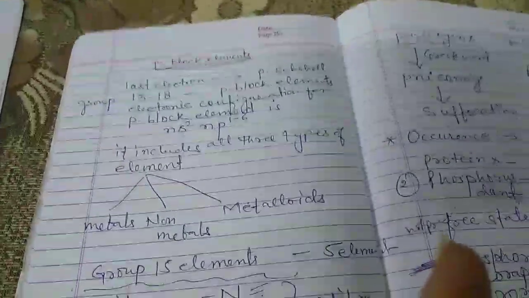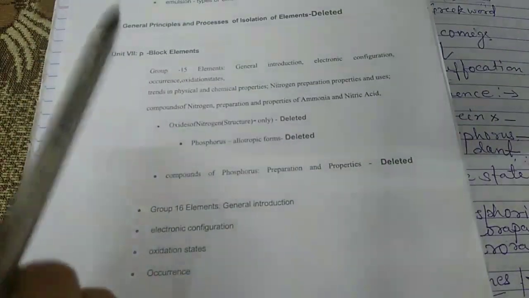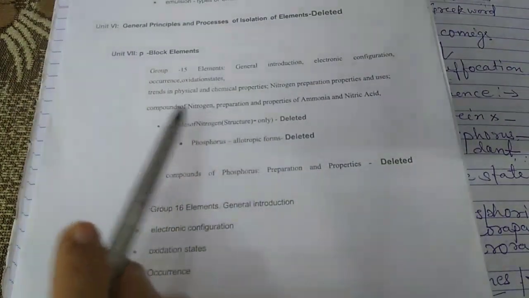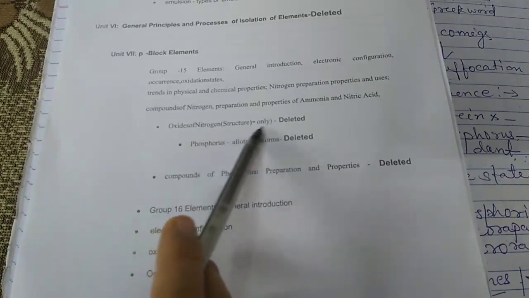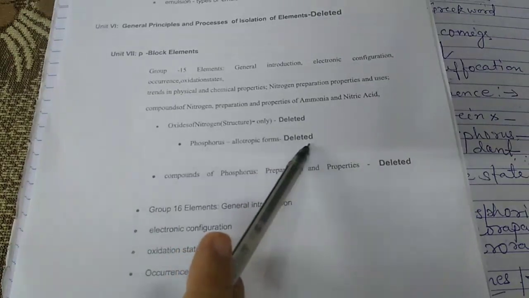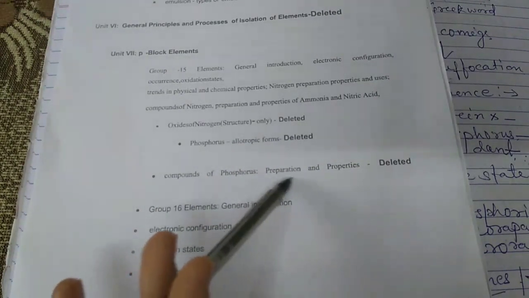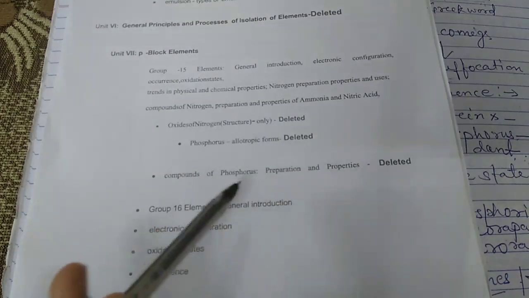P block element. First of all, I will show you the topics which are deleted. The oxides of nitrogen are deleted from your syllabus, and the phosphorus allotropic forms are also deleted. The compounds of phosphorus, their preparation and properties, this topic